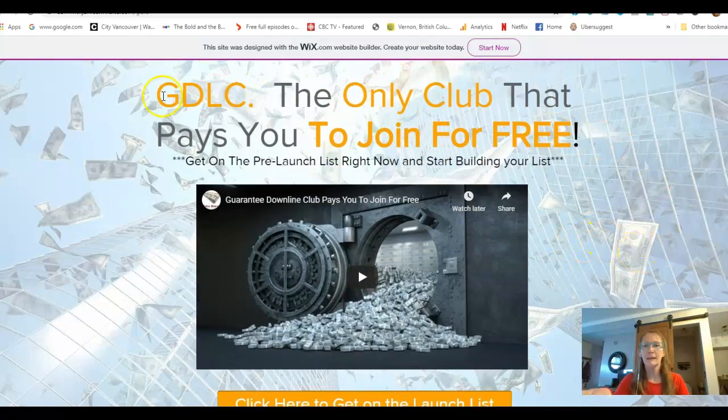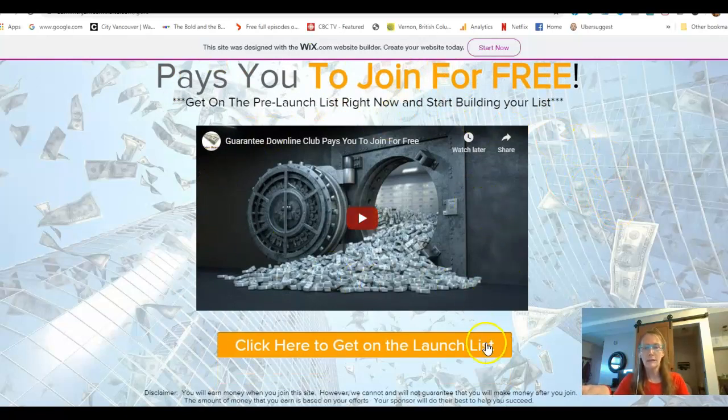It's super simple. It has a headline, a subtitle, a video, and a button to click. And when a person clicks this button, it will either go to A, your autoresponder, if you have an autoresponder, or B, you can set it to send an email to your inbox, say your Gmail or whatever. And I do suggest you have Gmail, not Hotmail or Yahoo Mail or anything like that. So if you have to go and set up a Gmail account in order to do this, please do so,